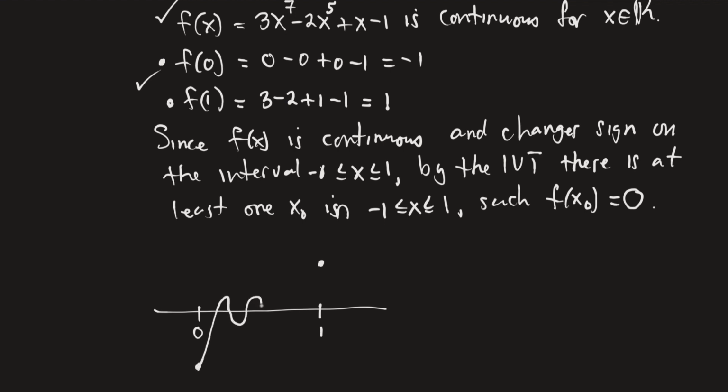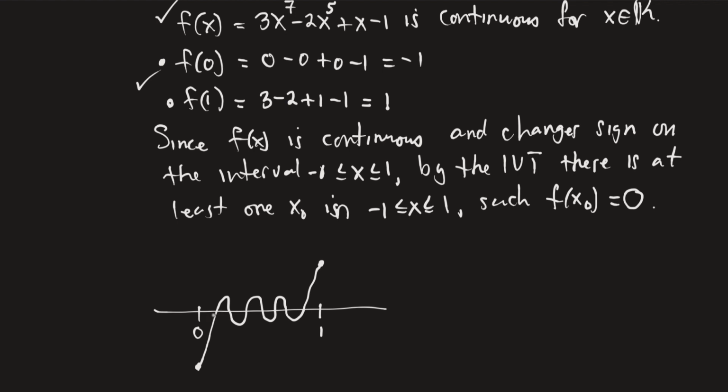But we don't know how many times it does this, right? We don't know how many times, especially with polynomials of a high degree that oscillate a lot. Now I'm not saying that it does, right? The fact is we don't know. But we can't say just one. We can't use the word exactly one or exactly two,